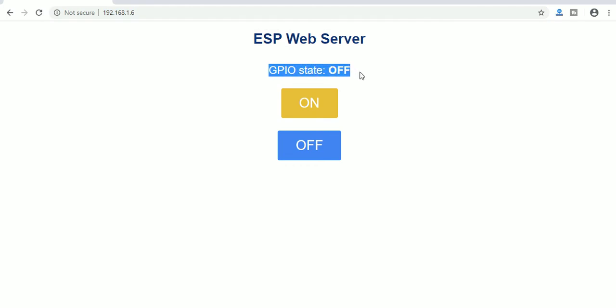Here what we are basically doing is the GPIO state is being monitored. Right now this functionality is not complete. When we say on here, the LED will get on and the GPIO state will be turned to on. So this is how it functions. A simple web server functionality where this page, if you see here, is hosted on the ESP8266 device, and we receive the HTTP page from there once we type the IP address of that particular ESP8266.